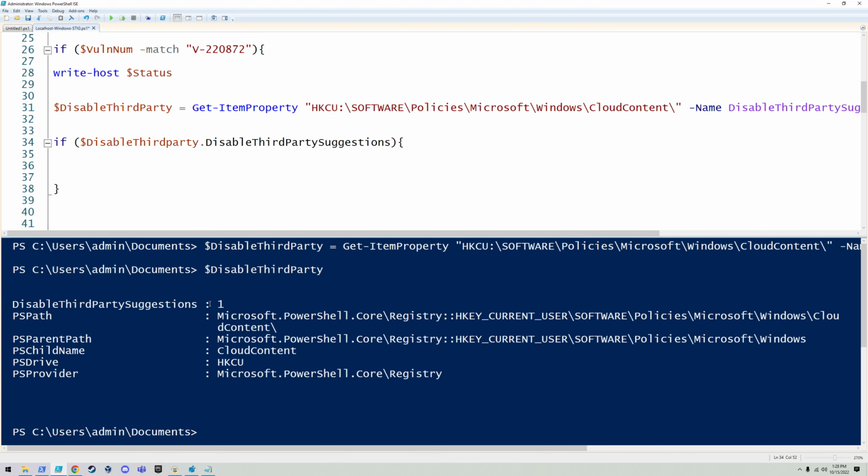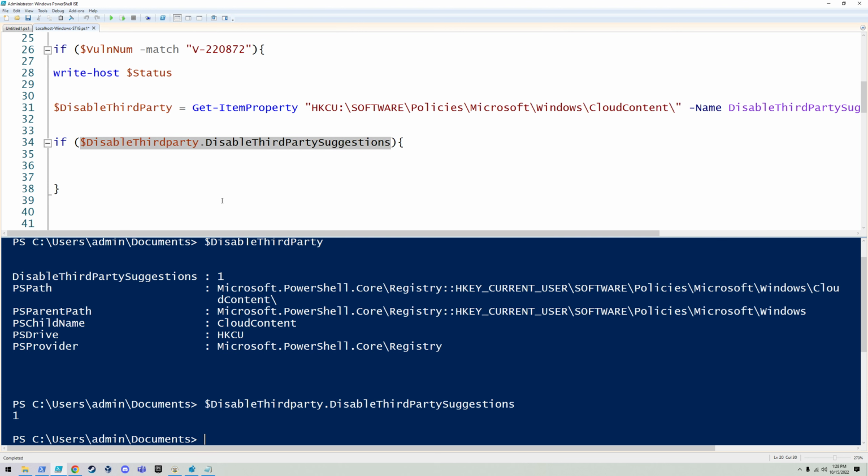To access this specific property, we will just go like this in PowerShell. It's a syntax. So if this, and by the way I'll show you just by running that, yeah, it output 1 here. So if this match 1,